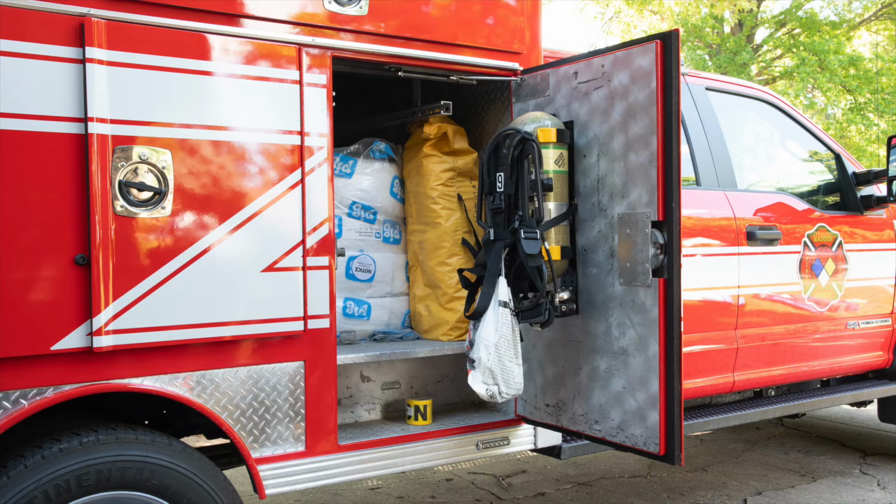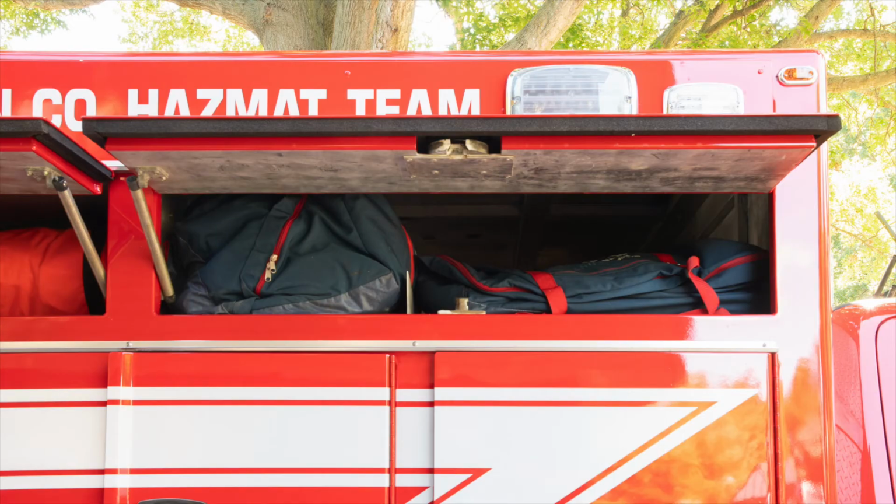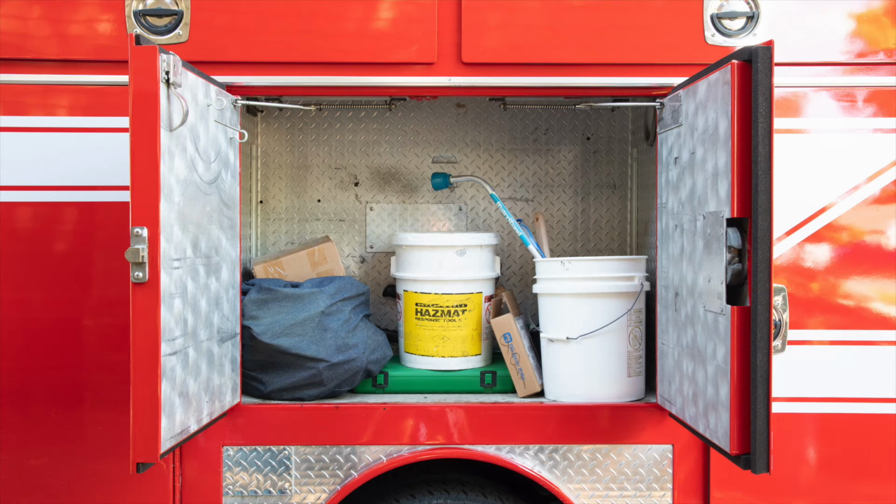Moving to the right side, and starting with R1, is an MSA SCBA with mask, 2 packs of 4 10-foot oil-absorbent water boom, a 100-gallon pool, and caution tape. In R2, there is a bag of plastic sheeting and a bag of level C suits and chemical jackets and pants. Moving to R3 is a decon supply bucket, a hazmat tool bucket, a sack of wood plugs,